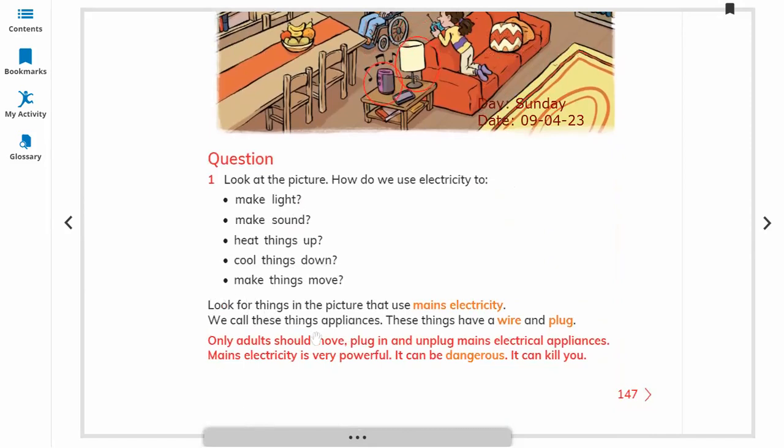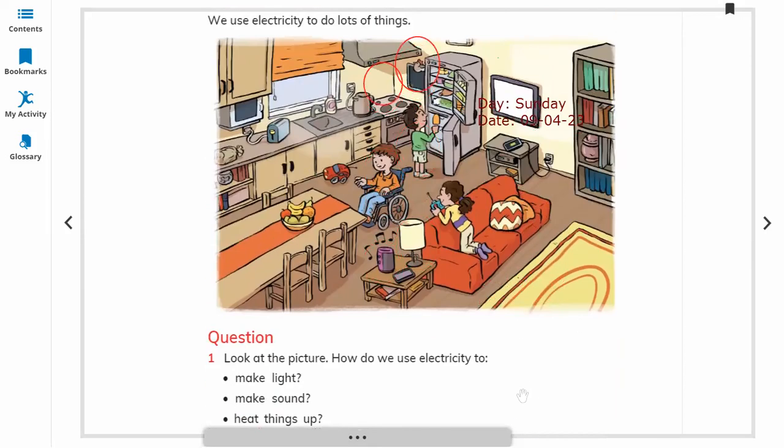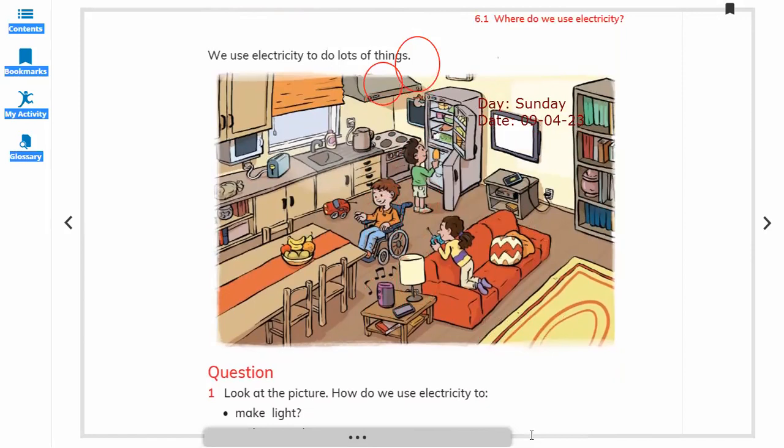Now look for things in the picture that use main electricity. We call these appliances. These things have a wire and a plug. So here there are two types of electricity you can see. One is battery, that stores electricity. That is not dangerous, but there are things that are using main electricity, means with the plug and wire, that